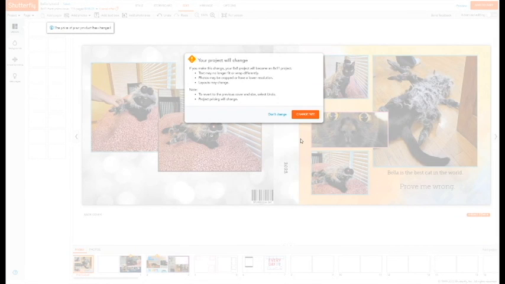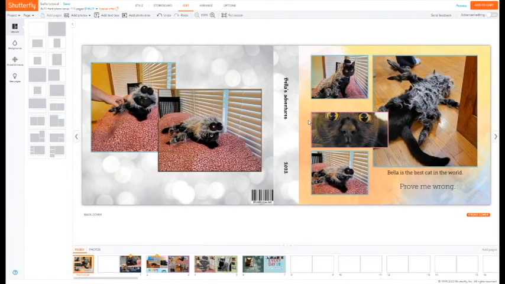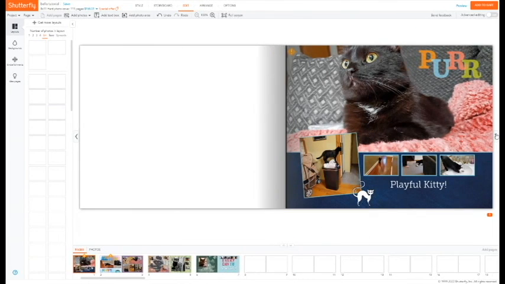Shutterfly will give you a warning that your project will change. It will let you know text may no longer fit or wrap the same way. Photos may be cropped or have a lower resolution, and the layouts may change. I'm going to go ahead and change the size. You can see in the photos that they are a little bit more stretched out than they were previously. Our title page now has a wider format